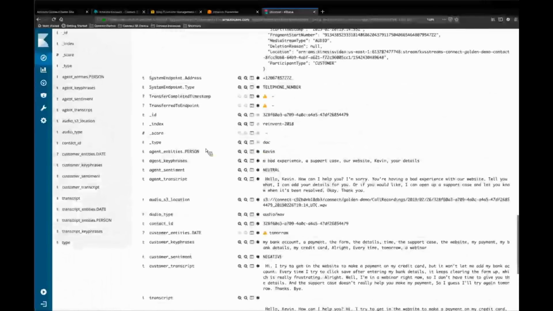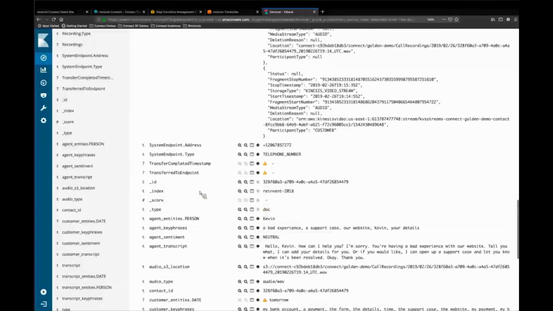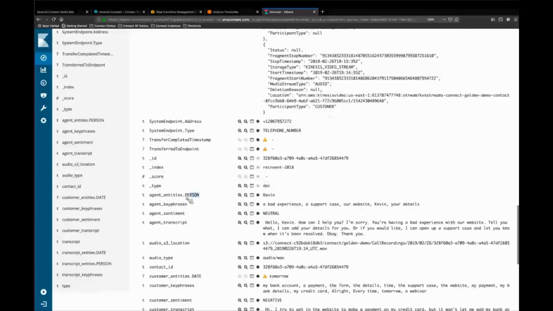As you can see here, I have things now that have been added to the same document, which is really powerful because now I don't have to try to figure out how to tie this different information together. It's all on the same record. What you'll see from here is Comprehend identified a person by the name of Kevin, since I greeted him by his name, and this all happened automatically. I didn't have to provide any additional training details or training data for Amazon Comprehend. That is part of the service. From the first call that I processed through Comprehend, all these insights are made available to me.